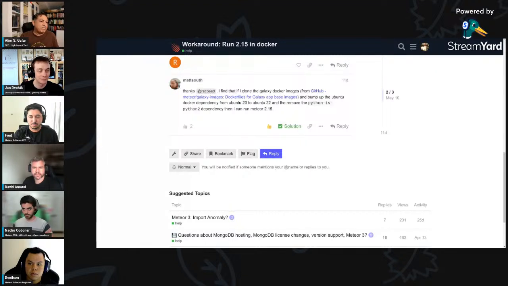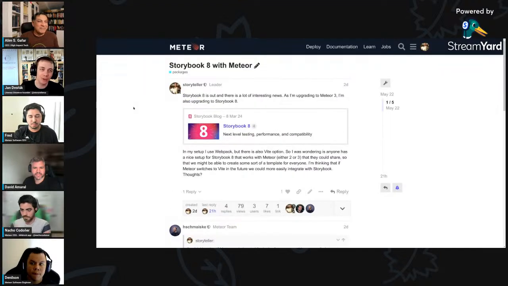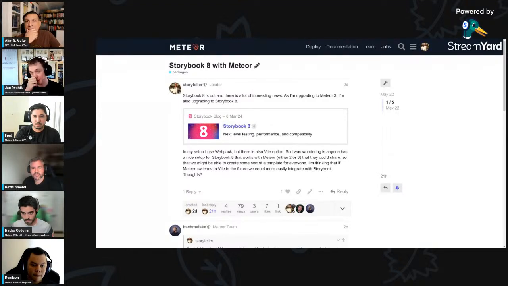All right. Okay. Awesome. So the next topic, I'll label it, is Storybook returning to Meteor.js. And this is my post where I ask what people are doing with Storybook 8, which was released relatively recently, especially in combination with Meteor 3. And this came out as I was upgrading my Meteor 3 applications.